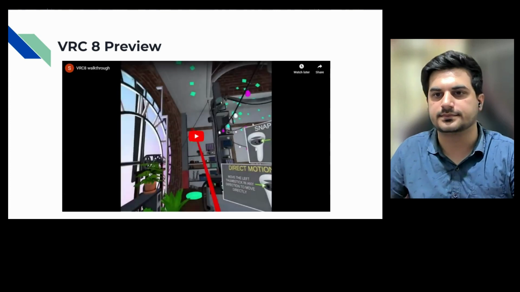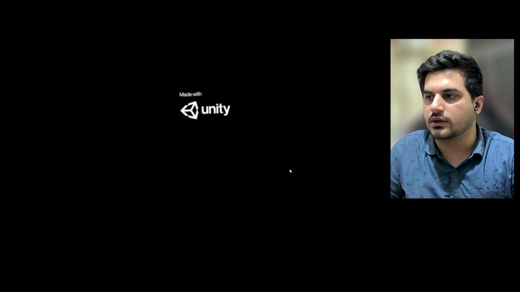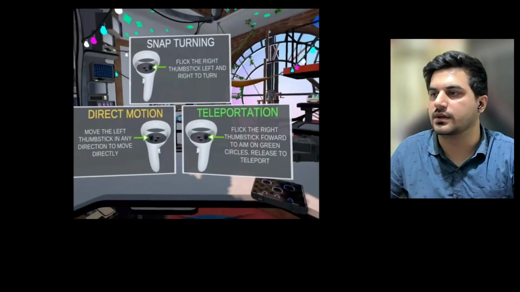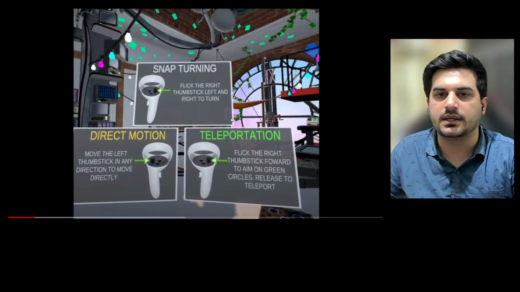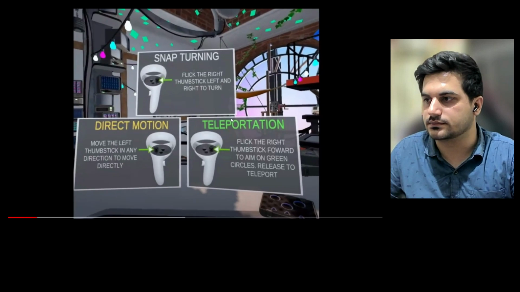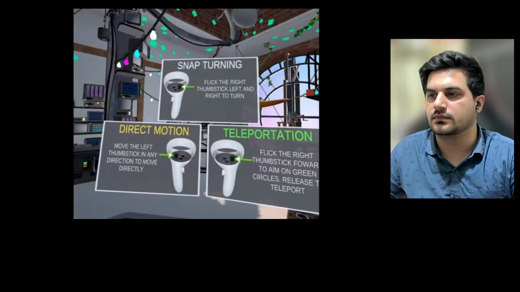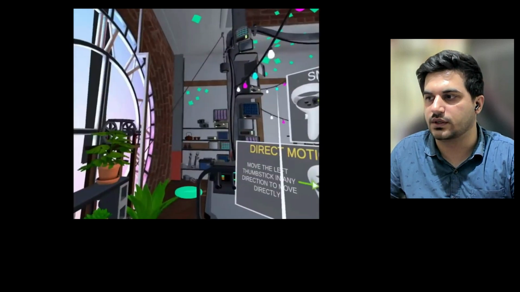So let's have a quick demo of how it works. In this project, we'll be focusing on free locomotion, snap turning, and teleportation. These are the three locomotion styles that we have implemented in this project. We'll start with snap turning first.